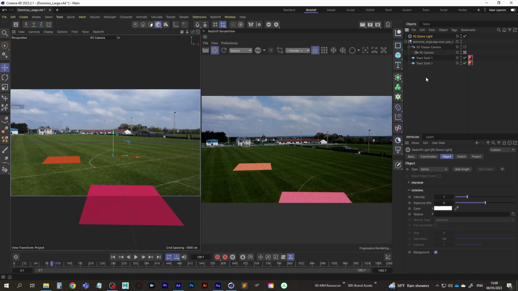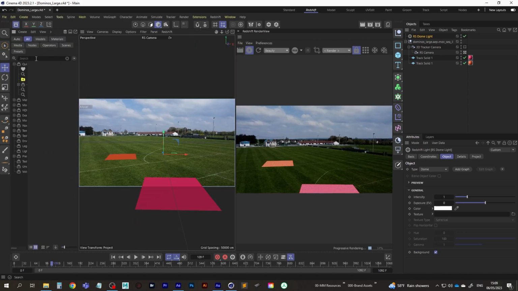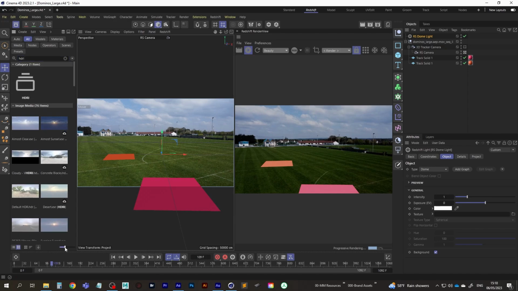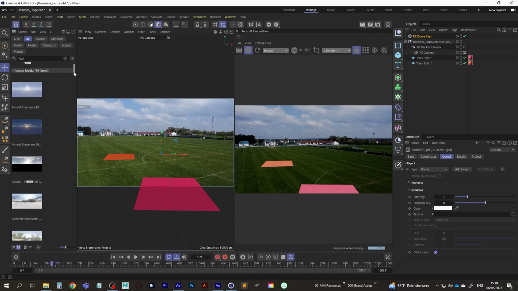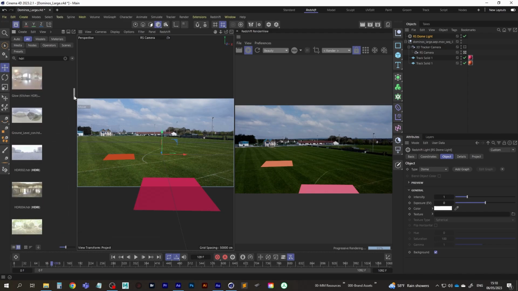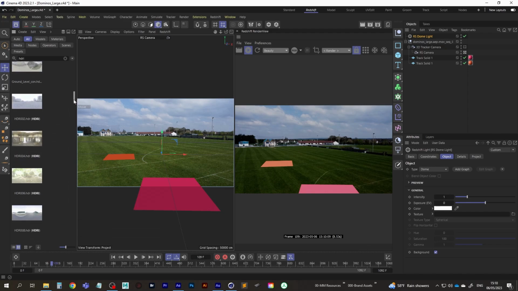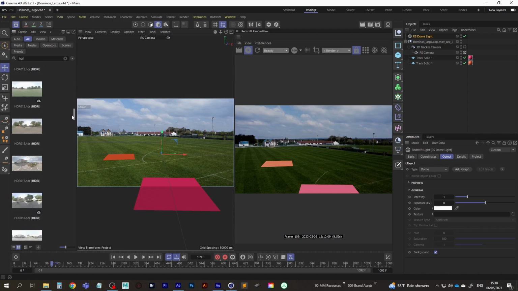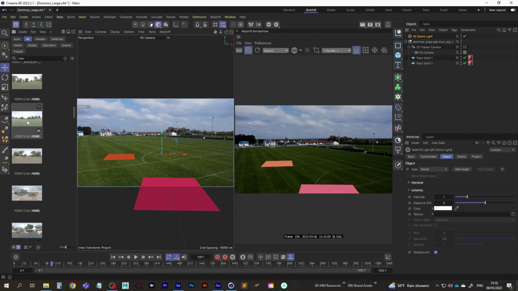Let's turn this on. And I'm going to go over to my content browser. I'm going to grab an HDRI from here. Just search for HDRI. And the one I'm going to use is, I'm not quite sure which one I used for this before. Something that has trees and grass in it anyway. Could be that one. It's a bit too bright looking. Yeah, this one looks kind of like what we're working with in our real footage. So if I just download that,